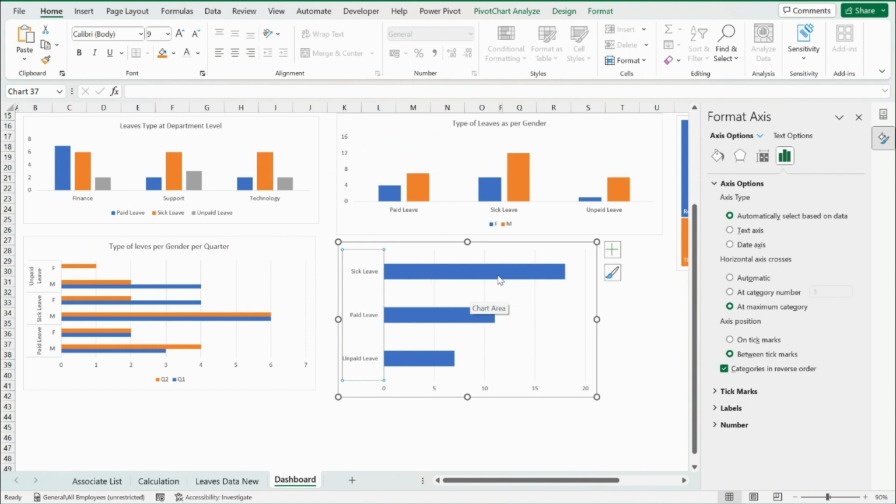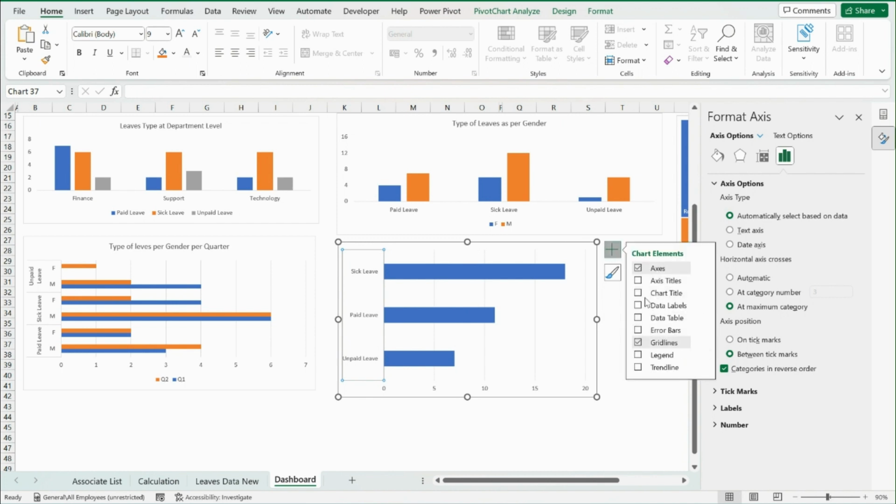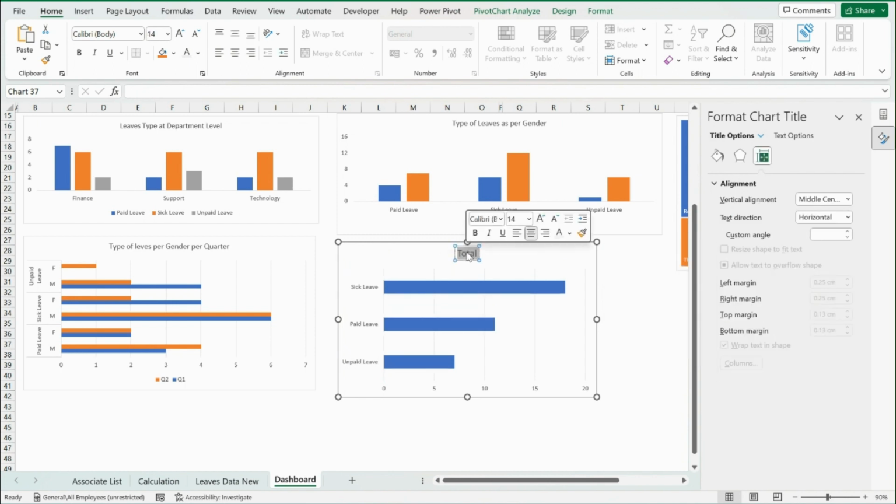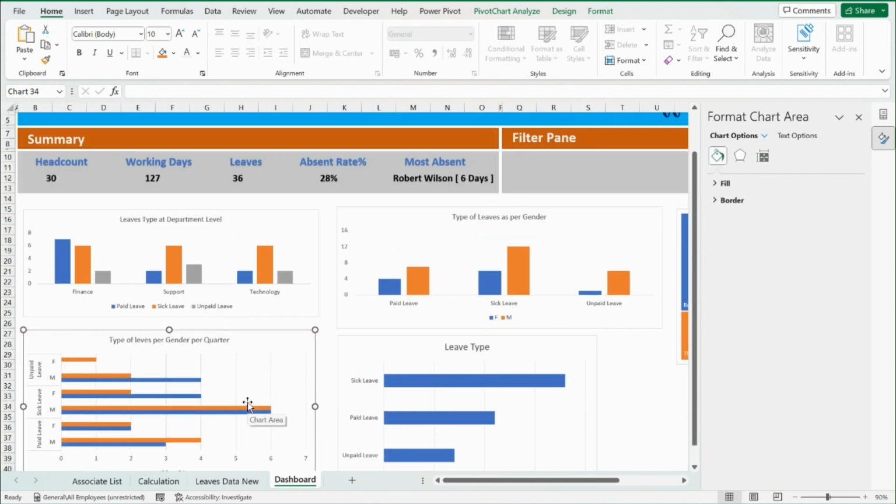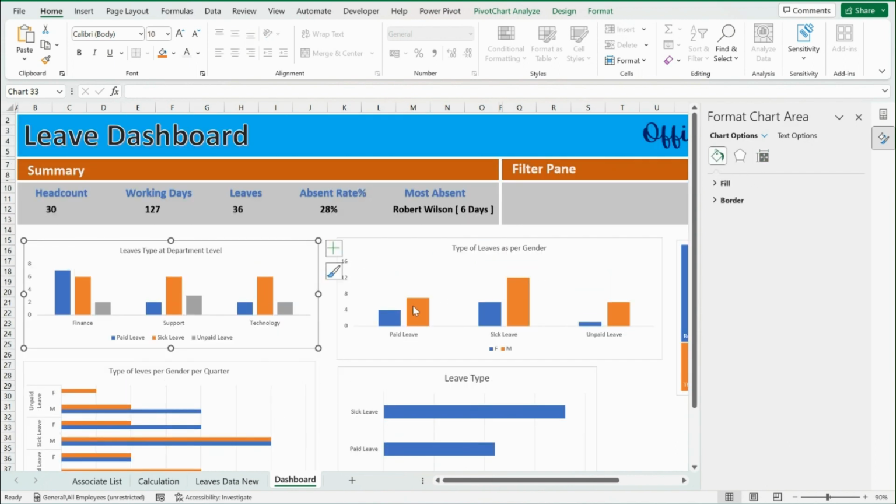So we have the data count of leaves. Okay, so we'll add this data as leaf types. Now we have this beautiful chart. Now let us